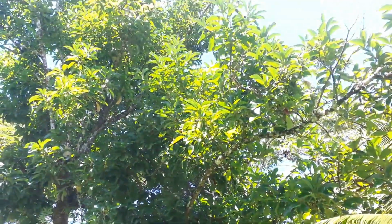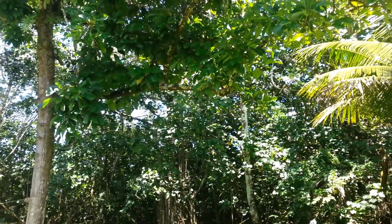These are some Samoan coconut trees. Really awesome. They're kind of like dwarf coconuts. And there's an avocado tree, just to show you guys a little bit of the yard. On